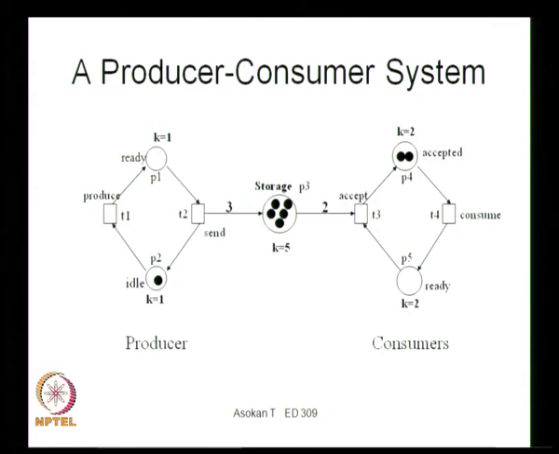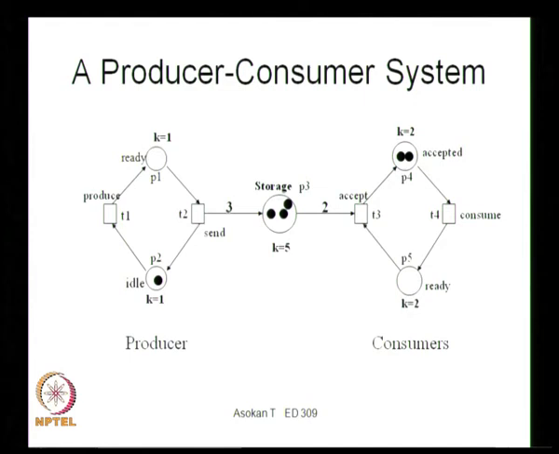So here see that the producer is free, but we are actually making the consumer consume the item, and then the consumer is made available. So now one consumer is free to accept another 2 items. Therefore you can make sure that this consumer accepts further items from the storage before the producer goes for its production. So you can see again 2 are accepted by the consumer, 2 items are removed from the storage. So it actually accepted and then can consume, and you can continue the cycle again.